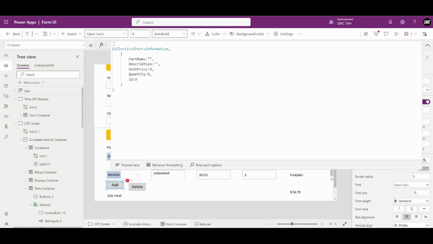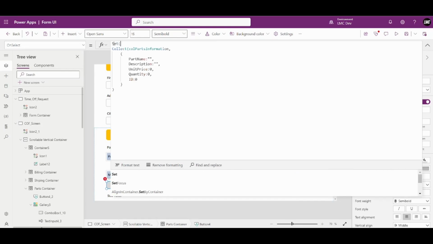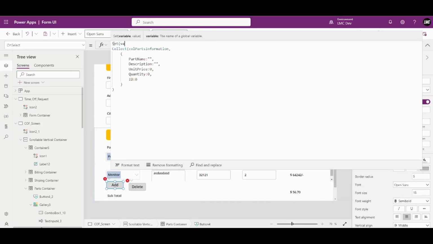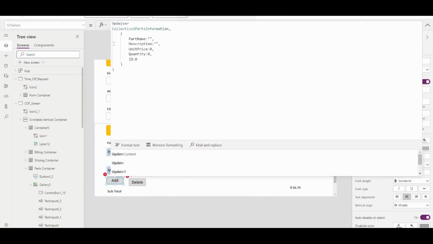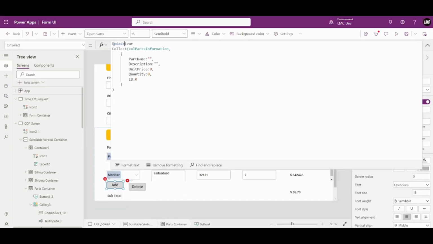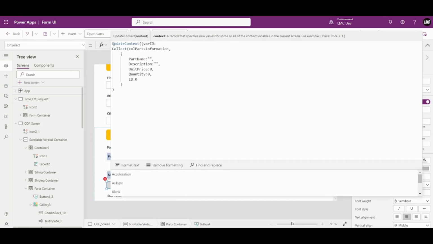Either you can use the With function. With function will be a little bit advanced, so let's use that global variable set. Instead of set, we will use UpdateContext. We will use a context variable, right? Update context, and the syntax of this is like this. I'll say varID, okay, and I'll say